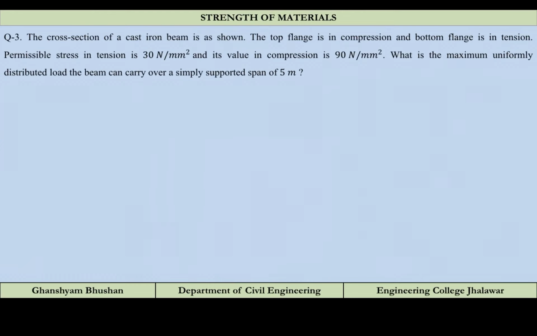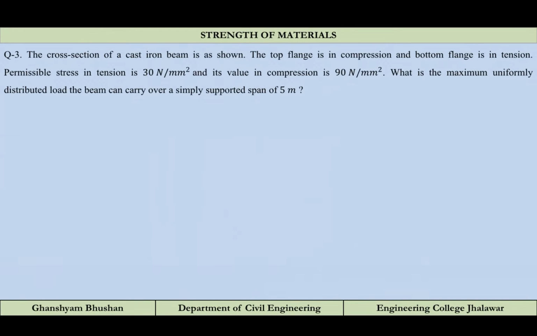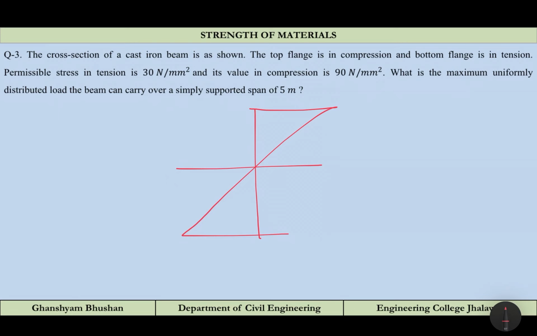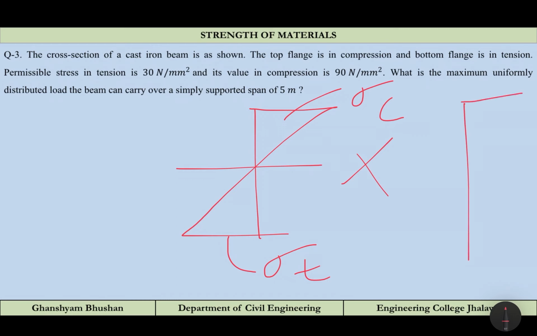First try to understand that the neutral axis is not going to be at the midpoint, because these stresses, let us say this is sigma c and this is sigma t, are not equal, they are different. So it is something like this is sigma t and this is sigma c. This is having value 90 and this is having 30. So how are we going to do that?